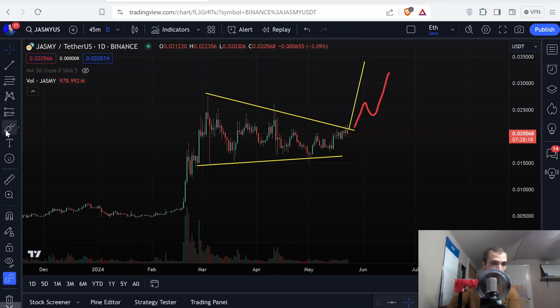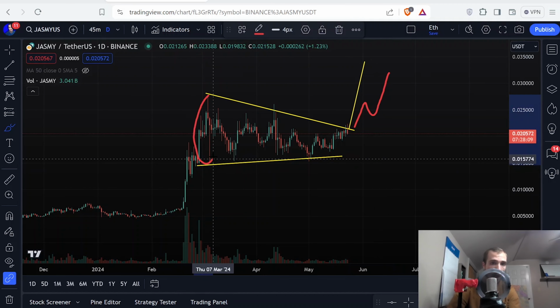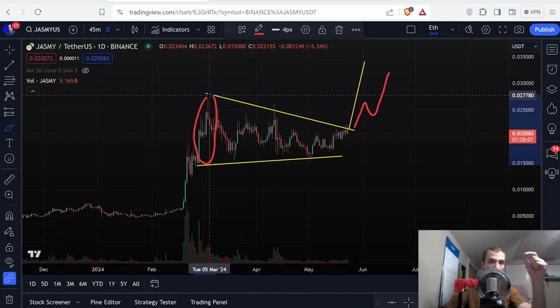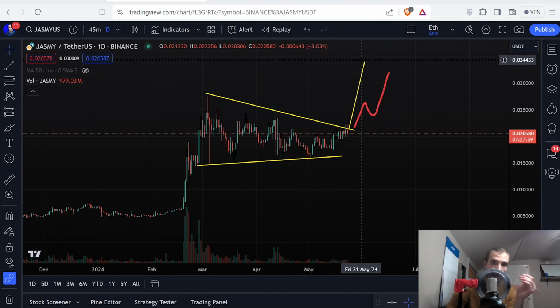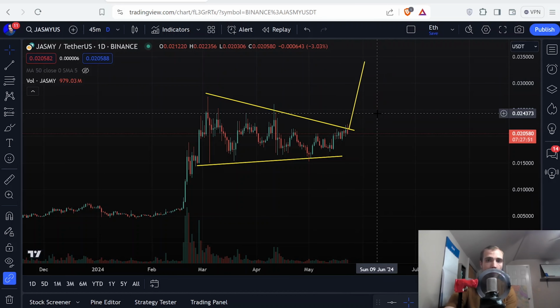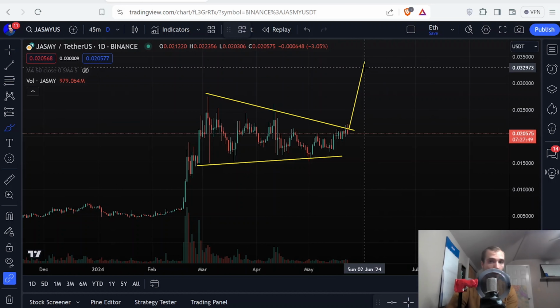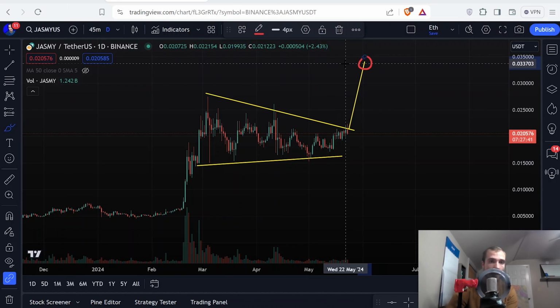Now, I don't think it's just going to magically stop up here. Most often, you exceed the targets, but because of this triangle pattern, we are able to measure the height of the triangle, which gives us what's called amplitude, and that amplitude gives us a target. So that target is 3.4 cents. Now, as we get up to that level, like I said, I don't think price is just going to magically stop going up there, but that gives us a minimum target here for Jasmy in the short term